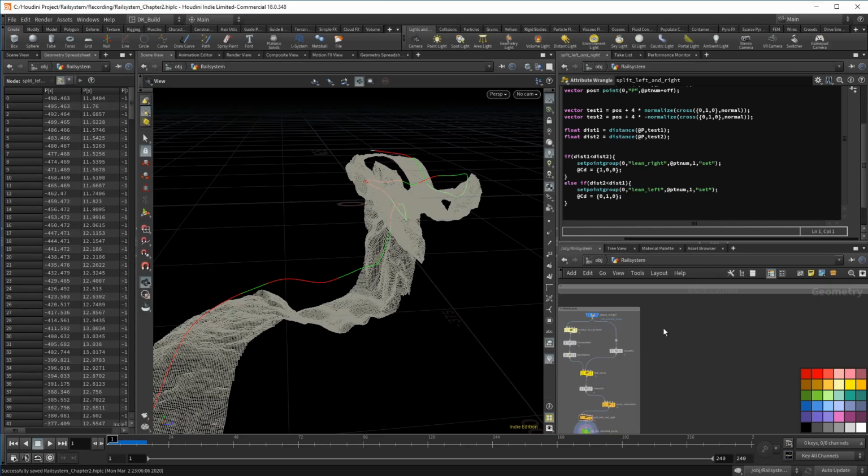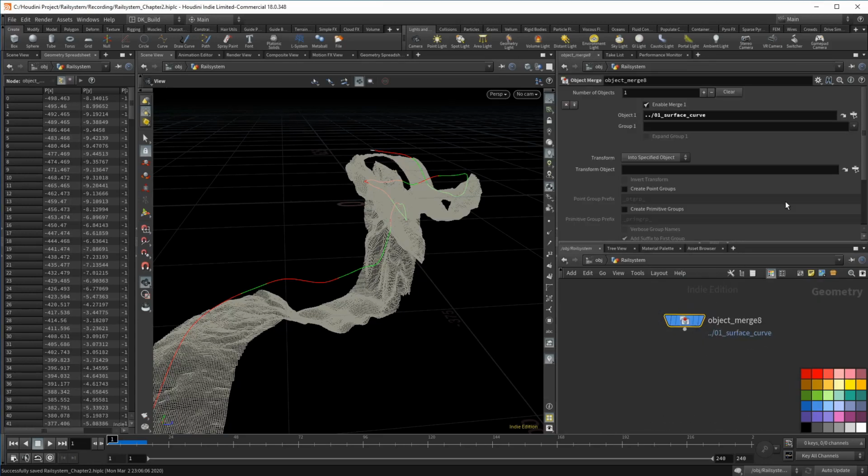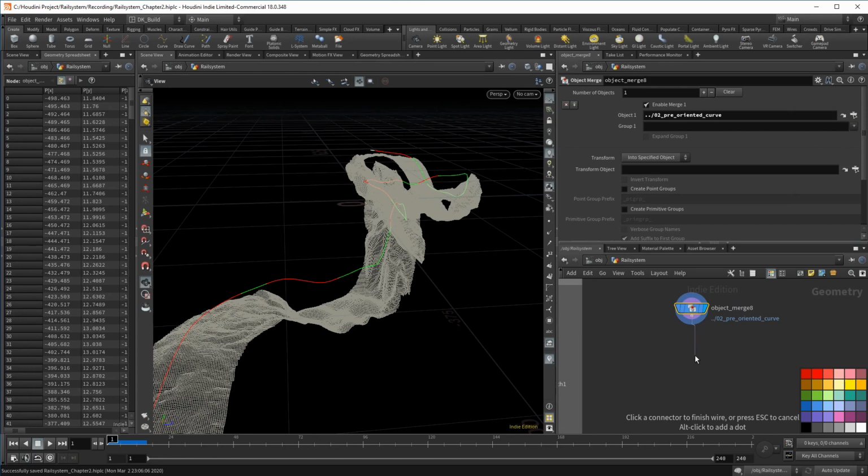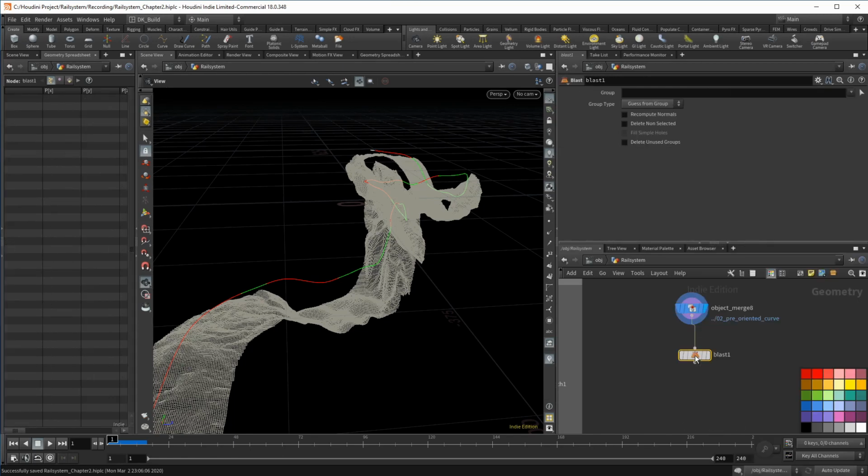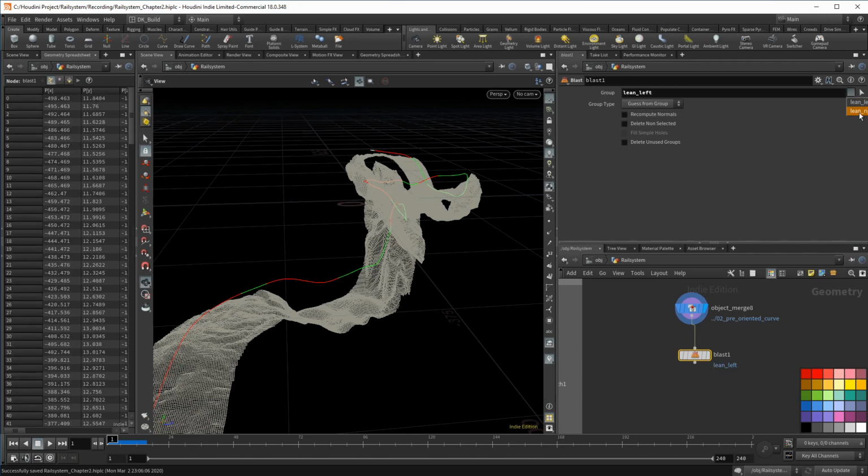So we bring in what we did in the last clip with another merge, without making a mess with additional wires. Then I am using a blast to isolate only the points that are in a lean group. At the moment, that's all of them. That also creates a problem, since I want to look at each piece of one group at a time. This roll should only happen in these groups, so we have to make sure that only those two groups go